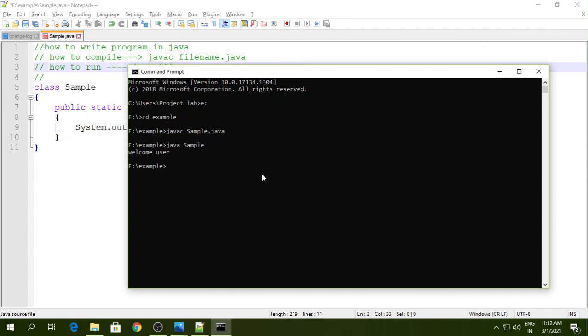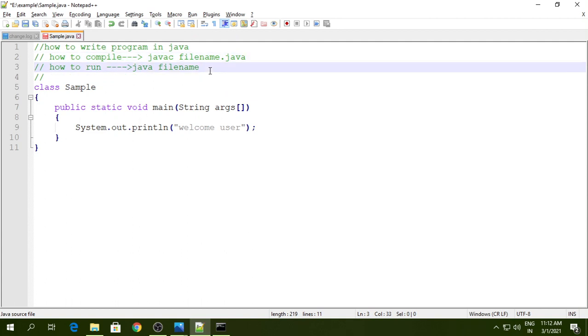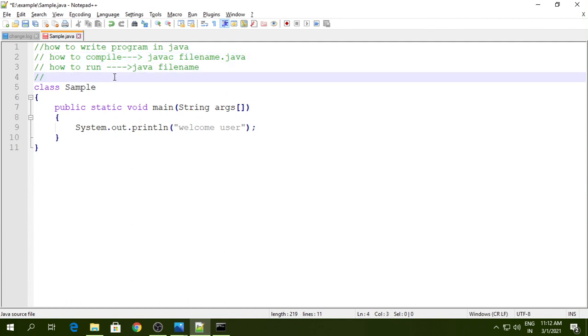Fine. So now again we will see another most important point, like how to know the version of the Java compiler.